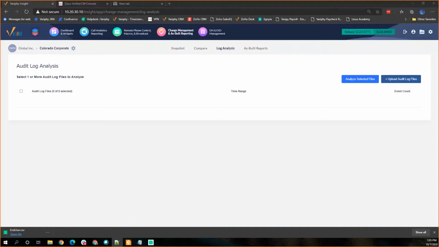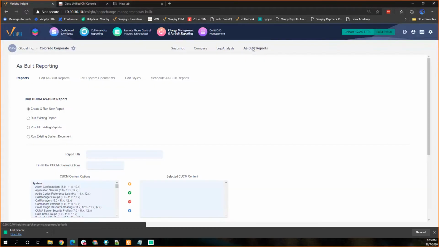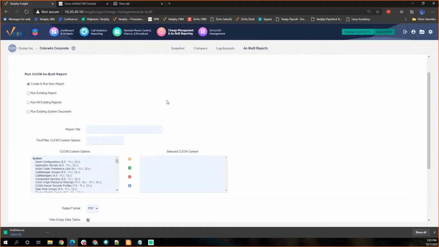While all the information was great within the compare report, as-built reporting takes that same set of data and extracts all that information at once. As you can see here, there are a lot of configurations within Call Manager, if you're used to administrating Call Manager or CUC or UCCX. Being able to extract all that information in a very easy or more readable format really is why we have this feature. And not only do we keep the information from the configuration set, we actually have a connection to each of your devices as well. So a lot of the information that you would see on a per phone basis in